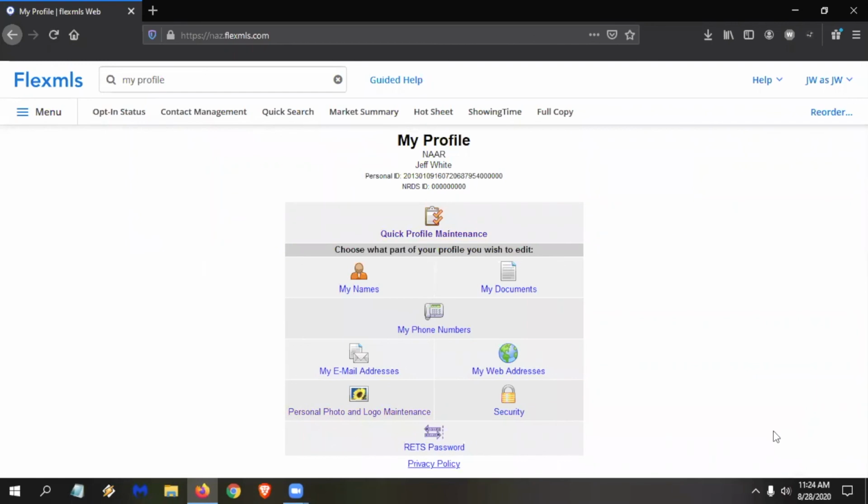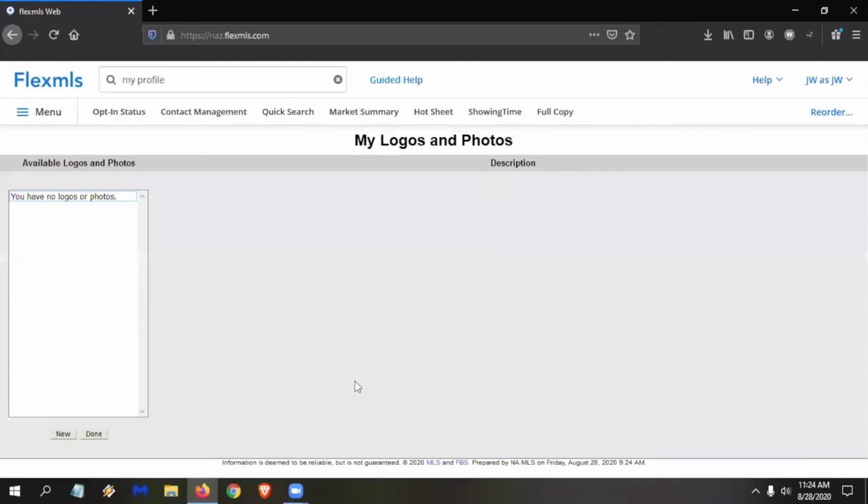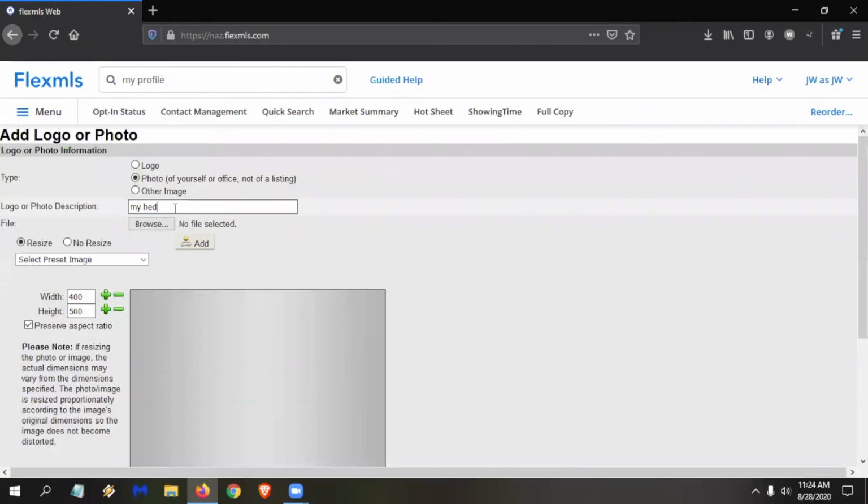And then one other thing I'm going to go to is the personal photo and logo maintenance. This is where you're going to upload your headshot and possibly your logo for your company. So I click on that, and then I'm going to go to new. I'll just say my headshot, or whatever I want to call it. Now I'm going to keep it selected on photo, but if I were to do a logo of, say, my company, then I would